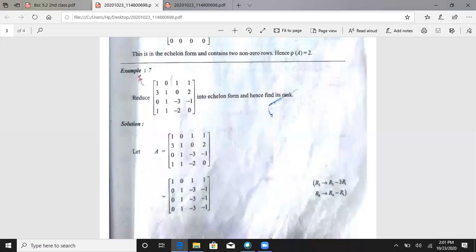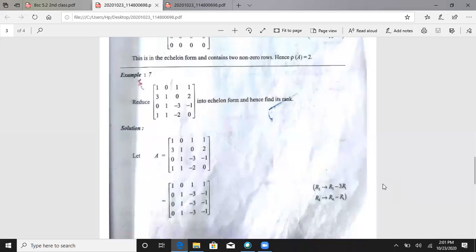Here the first one is unity, that is correct. Next comes here. The first one unity, that is correct. Then comes here, that is 0 0 0. Next second element, second column, first one is there, that is also correct. You operate here using the row. After that, this one is 0 0.